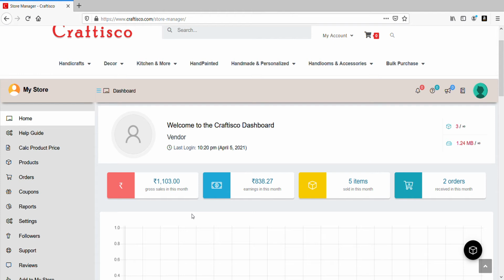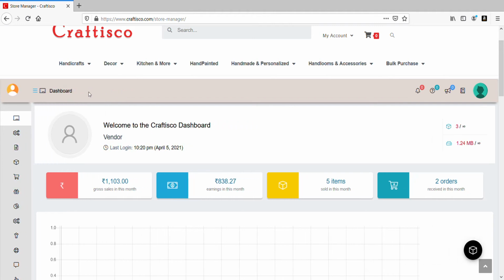You can add variations based on anything you like, perhaps some material used or the stitching style or the materials. So if your variations are not mentioned, you can also contact Craftersco support to add your variations. We can do that, and after that you can also add your variations to it.